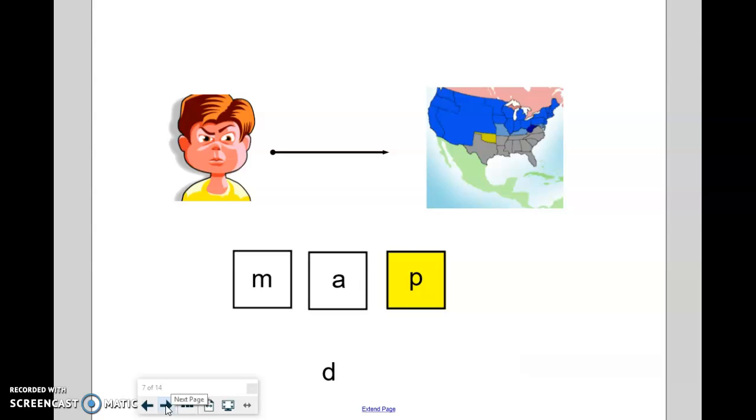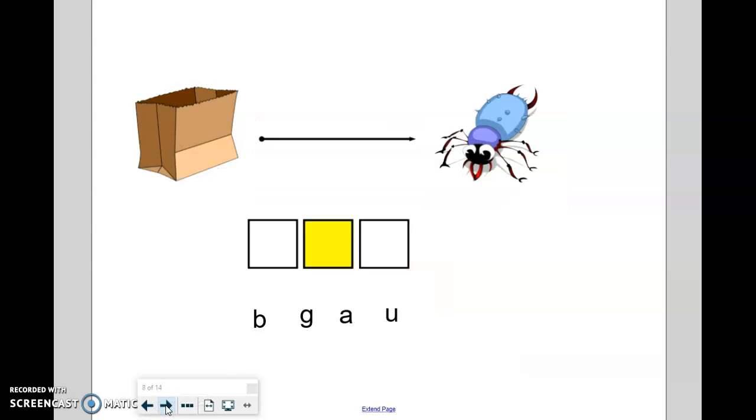Okay, we've done the beginning sound, we've done the ending sound. Let's try one now in the middle. Let's start with the word bag. Ag. B. Ag. Bag. Okay, now let's change it to the word bug. B. Ug. We have the right sounds in the beginning and the end, and now we need to change the middle